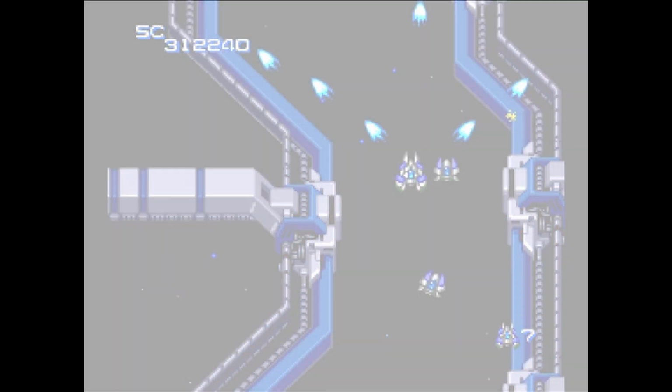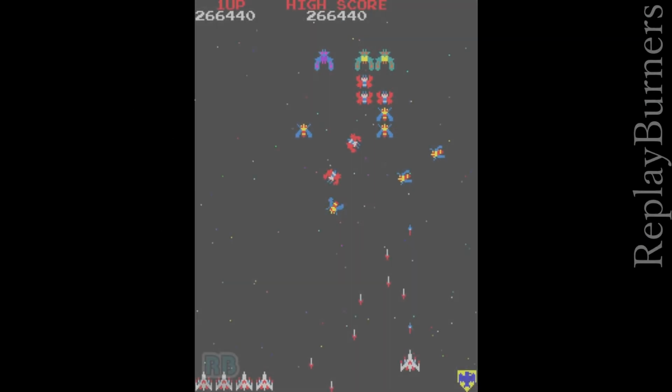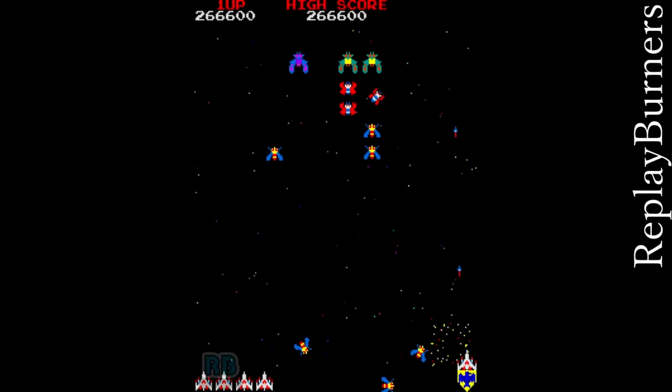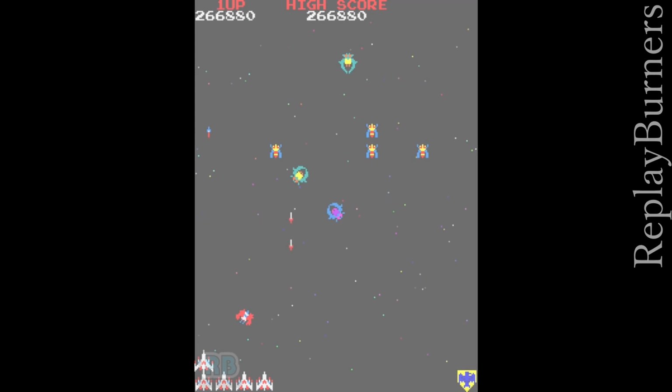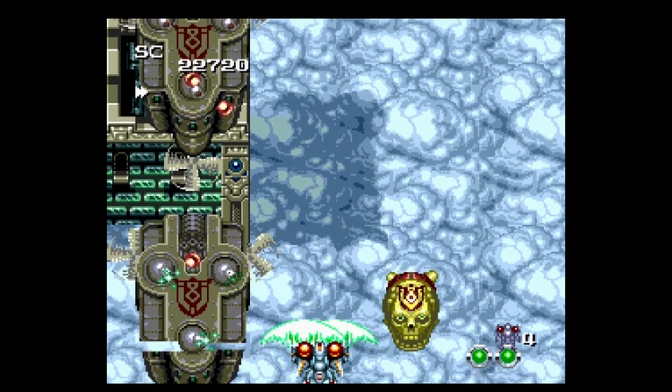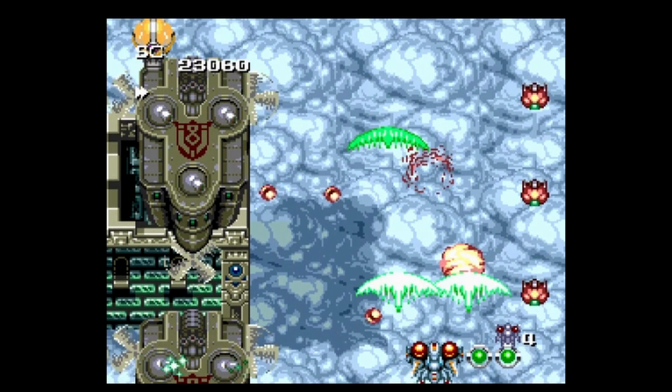In some sense, though, there's actually a lot more similarity to pre-Xevious games, more than their horizontal and vertical peers of the era, where the pacing is more dictated by waves that move in a more wild fashion. They fire quickly and they leave quickly. Like in Galaga, there's also clearly more of a focus on enemies not only shooting at you, but flying